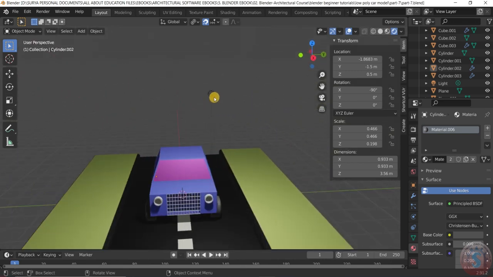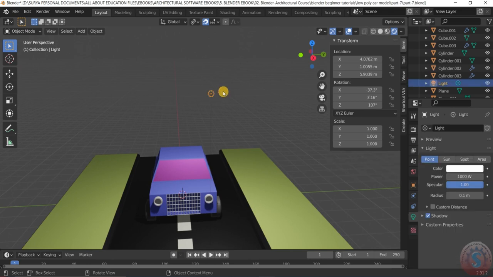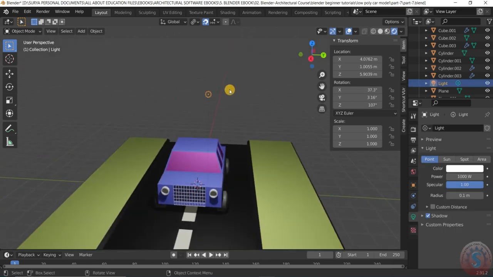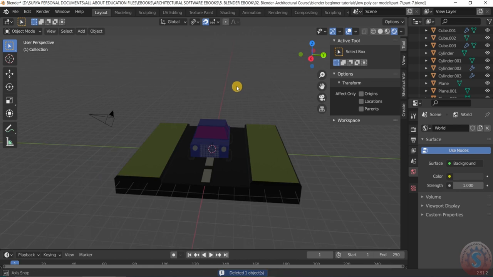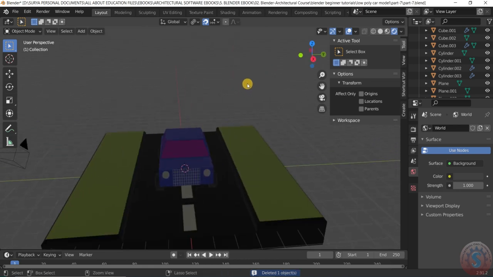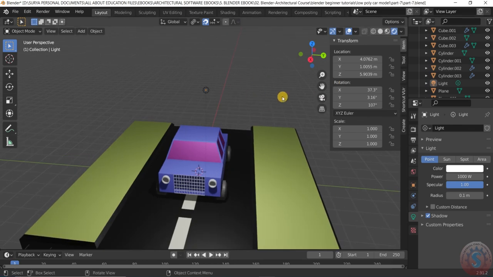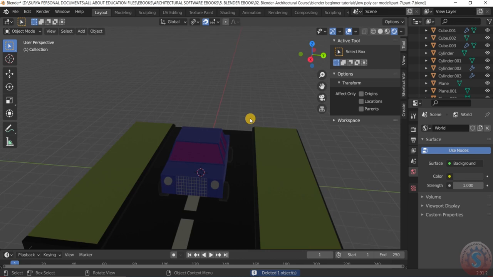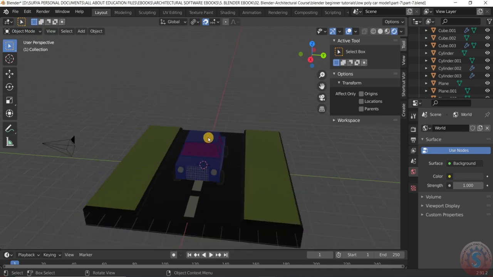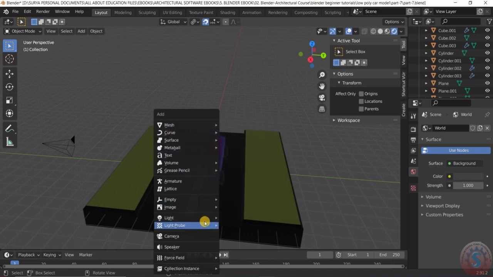I want to give the light here. For example, I'm deleting the light, and I want to keep it as constant light. Then after, I want to delete this and create a sunlight by going to object mode, Shift A, give the light,